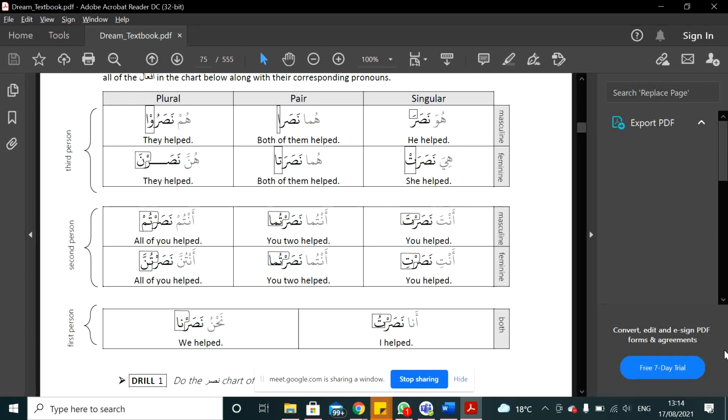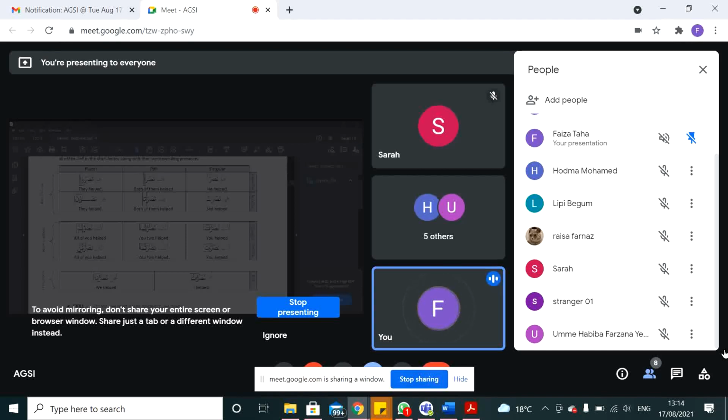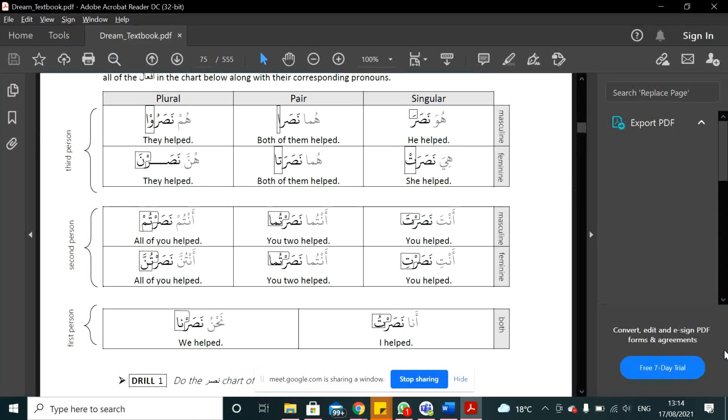Okay, this is about learning, so you have to memorize this chart, inshallah. When you memorize it, that will become easier for you. There's no other way of remembering this chart, so you have to memorize it, and that's why I'm trying to make you practice so you memorize it, inshallah. Sister Lippy, please once again read for us, and now you please try to say after Sister Lippy. Sister Lippy, just say one word at a time, and then let the others follow you.